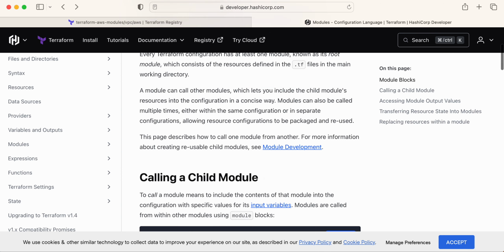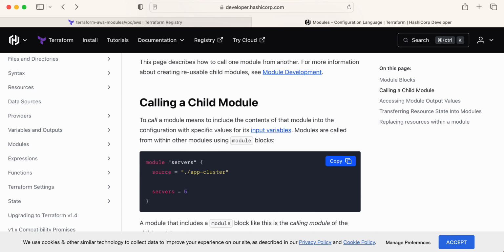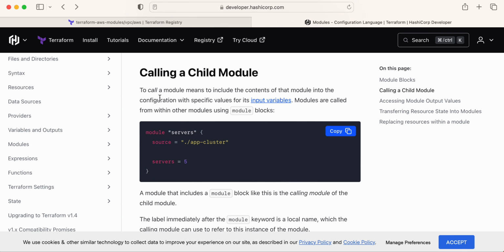So here we have one example related to the child module. To call a module means to include the contents of the module into the configuration with specific values for input variables. Modules are called from within other modules using module blocks. Here the module block is nothing but